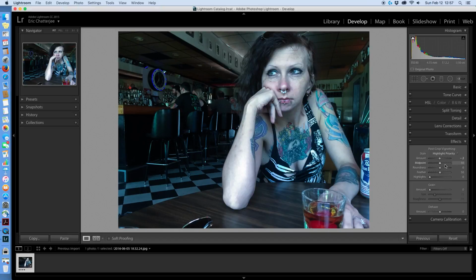And then grain. So I like grain. I want to make this a grainy photo, so I'm going to increase the grain a lot. That would be all the way up to 100. I'm going to go about midway, about a 50